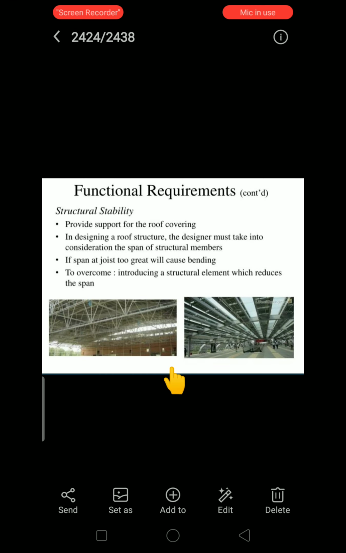If I speak about structural stability, the roof provides support for the roof covering, and in designing roof structures, the designer must take into consideration the span of structural members. If the span of a joist is too great, it will cause bending. To overcome this, introduce a structural element which reduces the span. Structurally, the roof provides support for the covering material, maybe a Mangalore tile or wood or timber or any slate. So for the covering material, it will act as a supportive